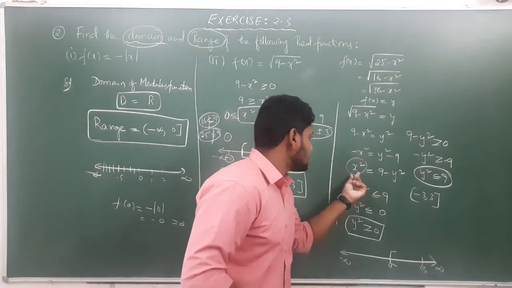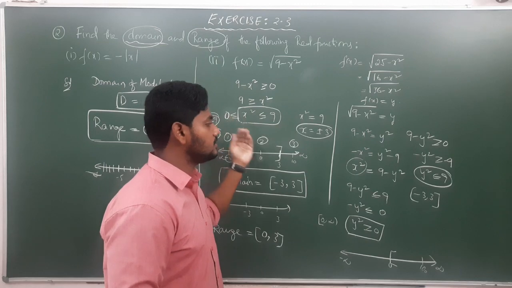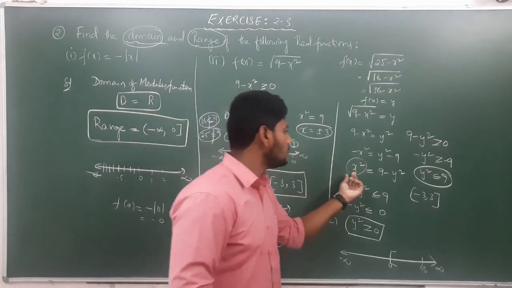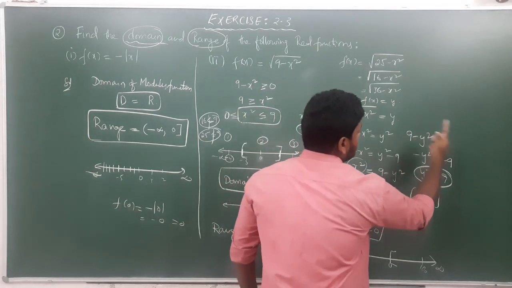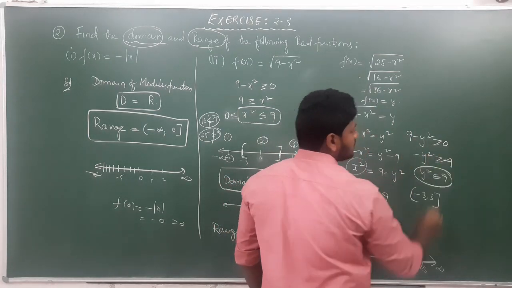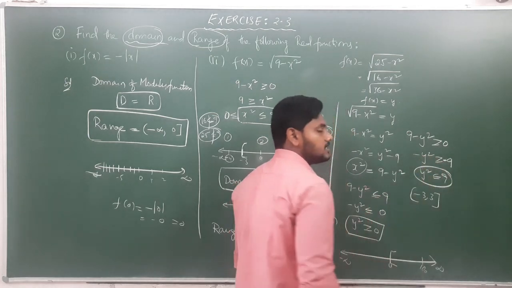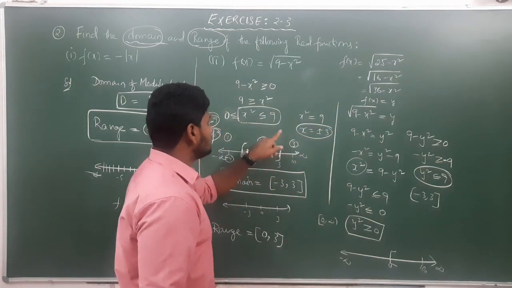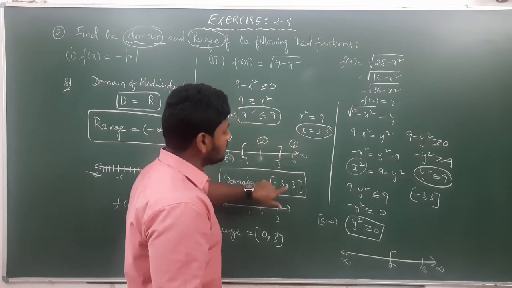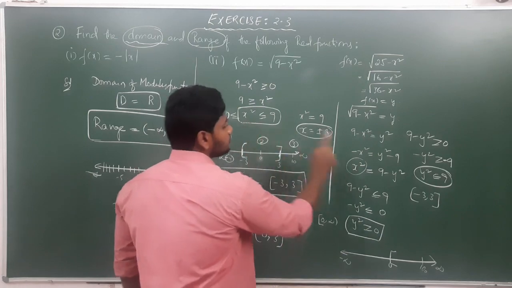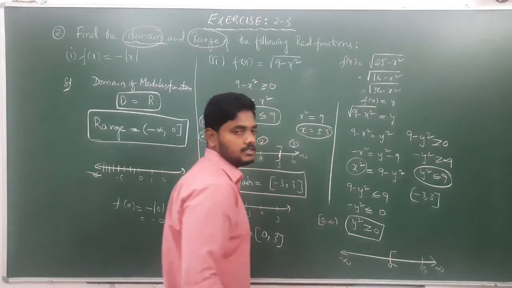See, x square equals 9 minus y square, but the x square condition, what we got? Greater than 0. So as x square is greater than 0, 9 minus y square is also greater than 0. So this is minus y square, 9 you send to the right side, so it becomes minus 9. If you want to remove the minus, the inequality will change: y square less than or equal to 9. Like this, x square less than or equal to 9 means we got x value minus 3 comma 3. Same, y square less than or equal to 9 means we should get minus 3 comma 3.